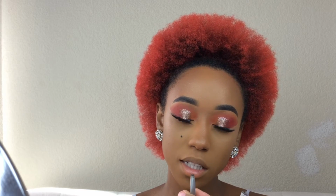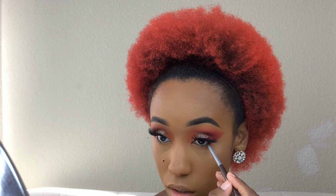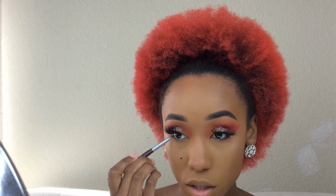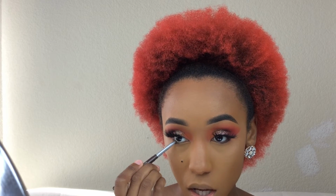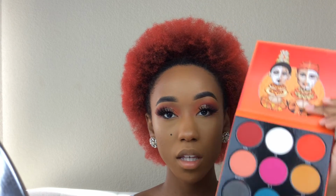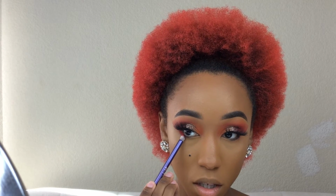What I'm going to do is go in with this brown eyeliner from Clinique. This is the Clinique Quick Liner for eyes and tints. And it's just a creamy eyeliner in the shade brown, and I'm using brown because I want the red and orange to pop, but I also want it to have a little bit of definition near the top of my waterline. I'm going to start off with the red eyeshadow I've been using from the palette, and I'm taking a nice pencil brush and I'm literally just pressing it in